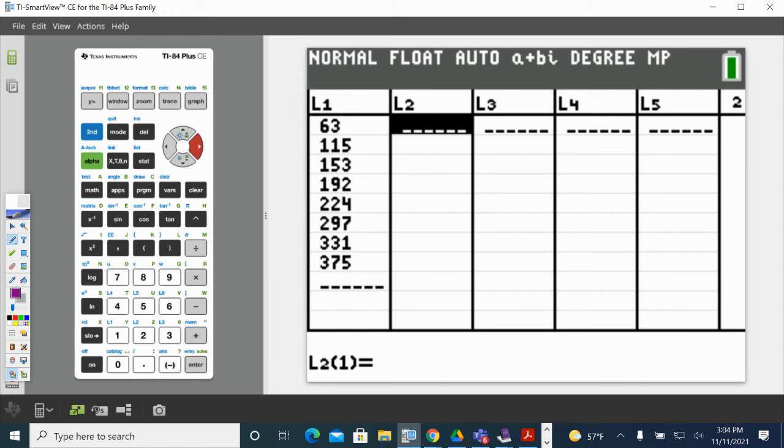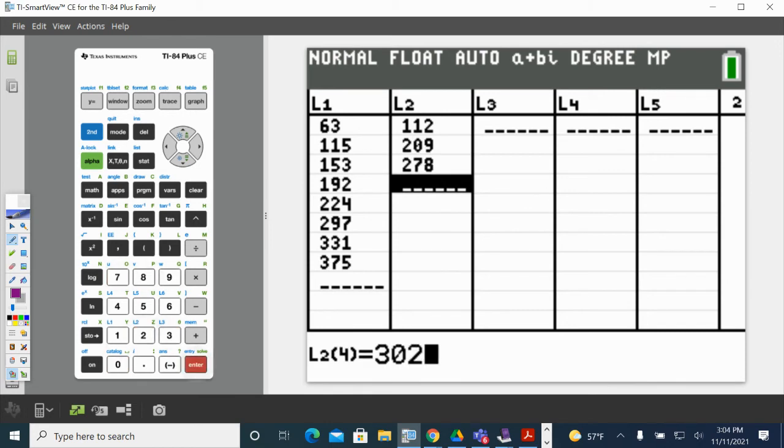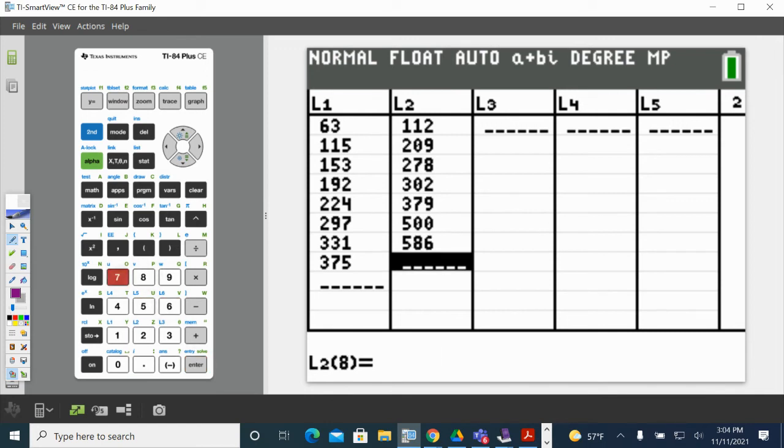I'm going to use the Y's: 112, 209, 278, 302, 379, 500, 586, and 712. You're going to hear me say this a lot, but what you're going to want to do